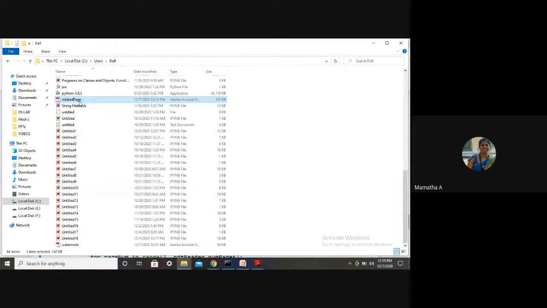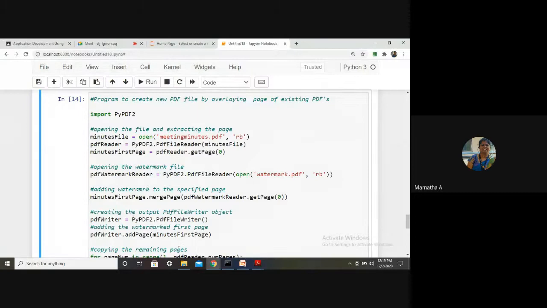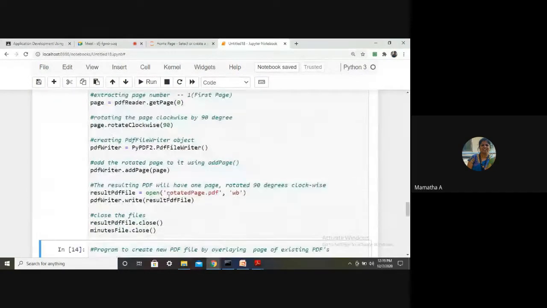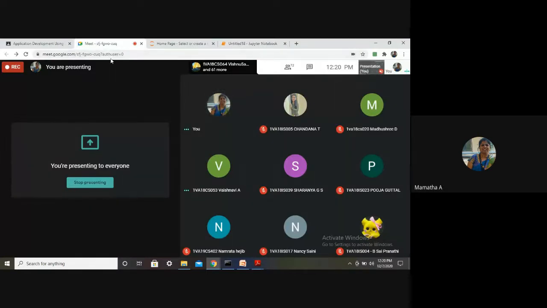How many pages will the rotated page file contain, students? How many pages have I added? The resulting PDF will have how many pages? Can you hear me?